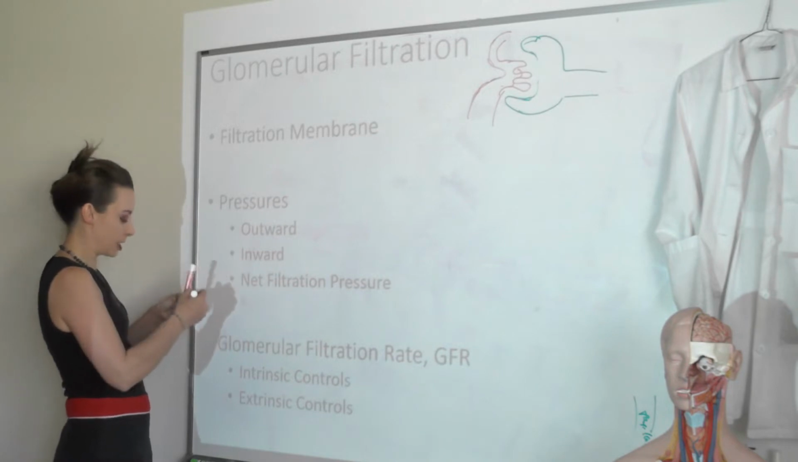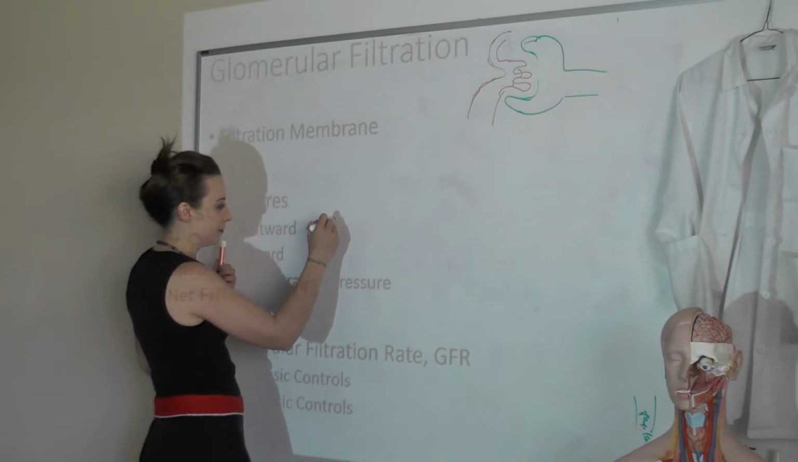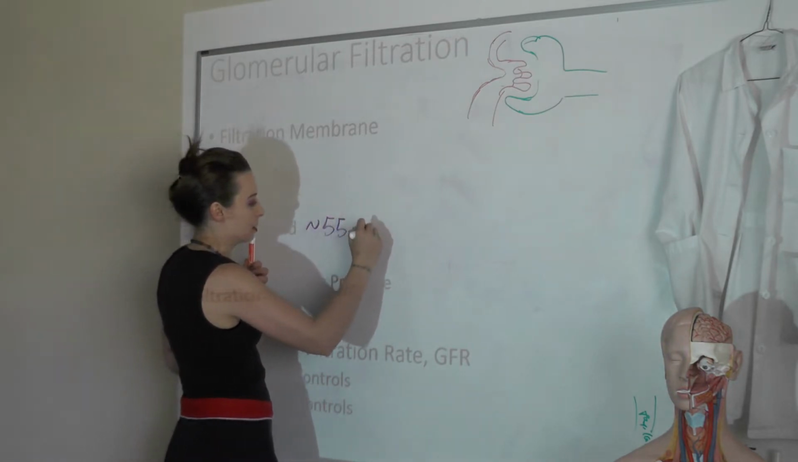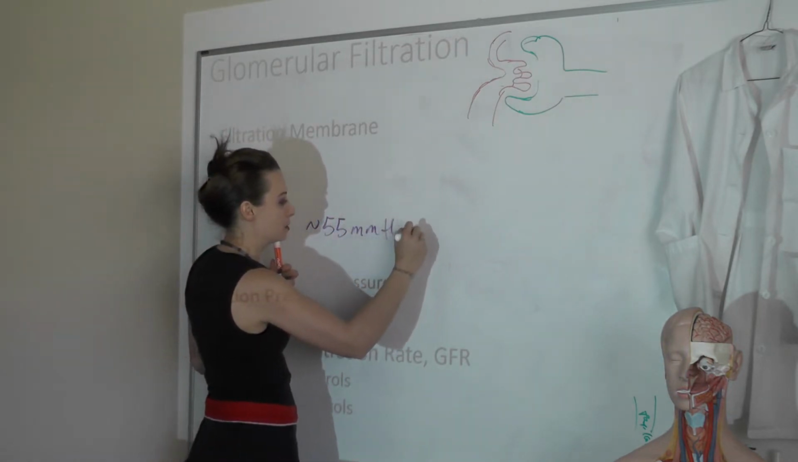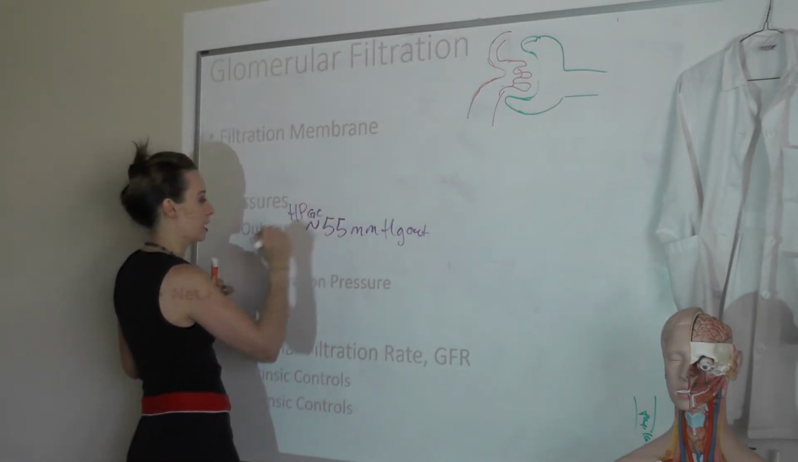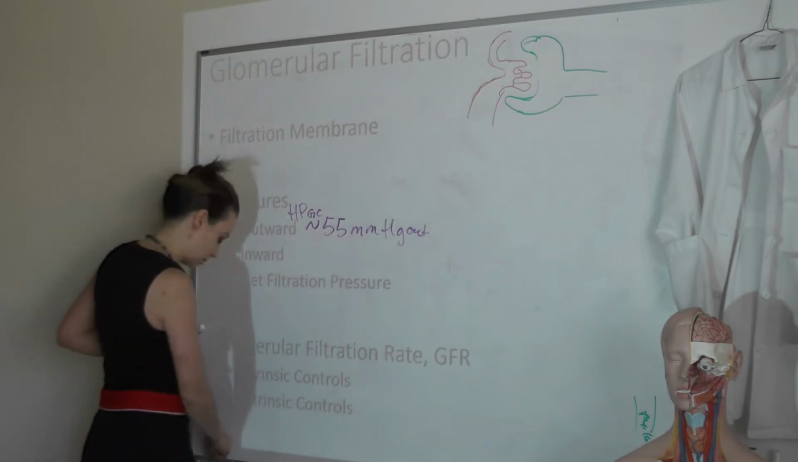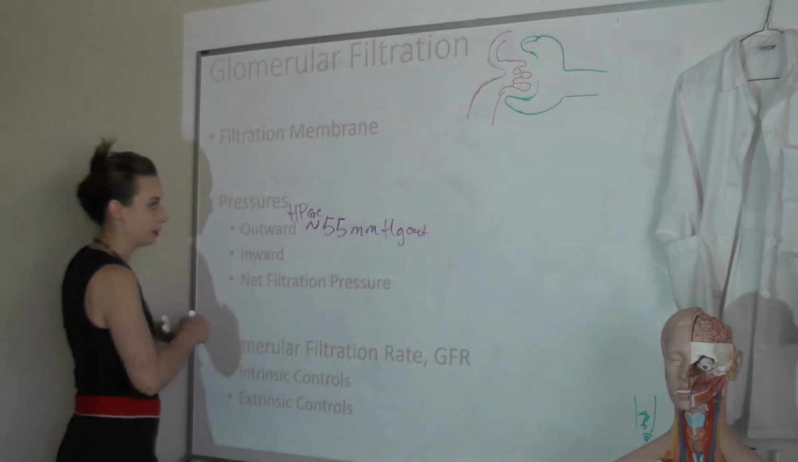So again, we said our pressure outward was about 55 millimeters of mercury out. And this was our hydrostatic pressure of the glomerular capillaries. We said we had two inward pressures, the osmotic pressure